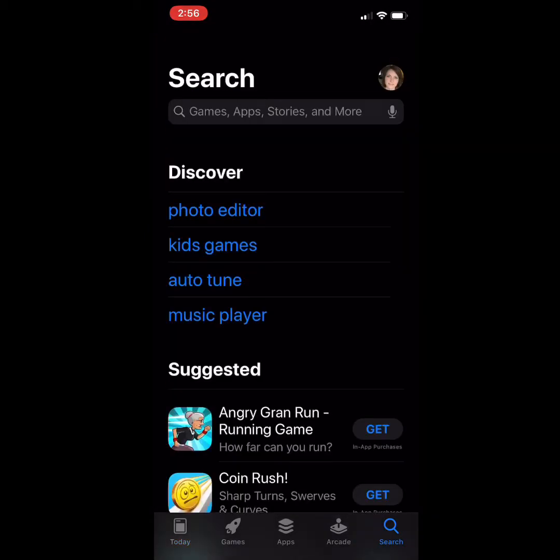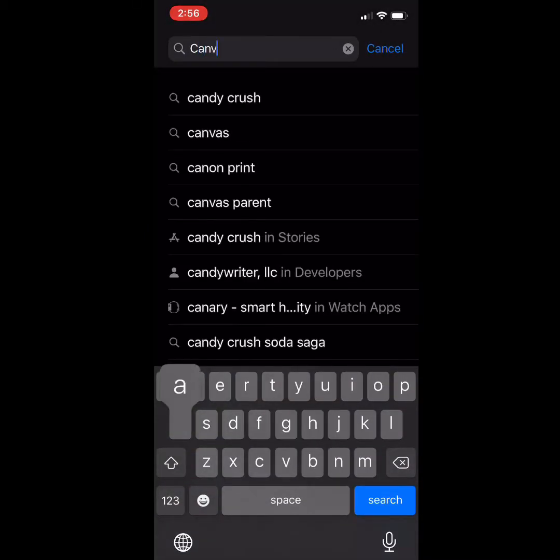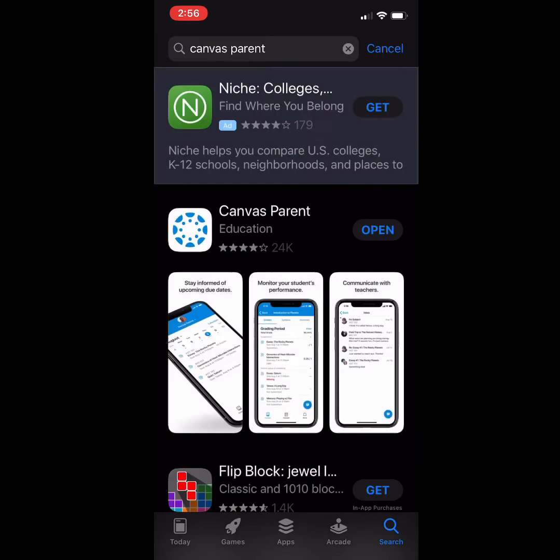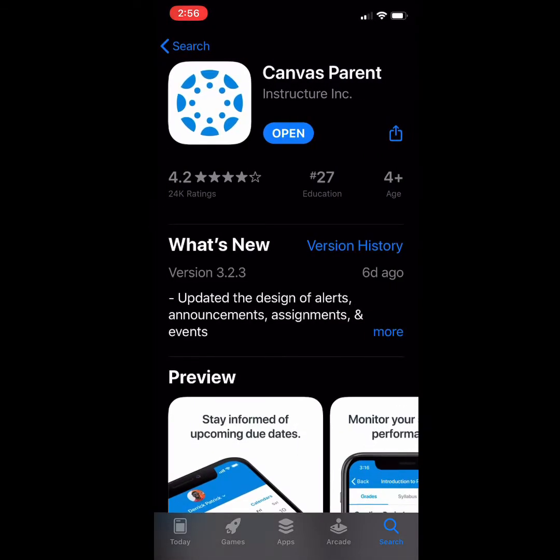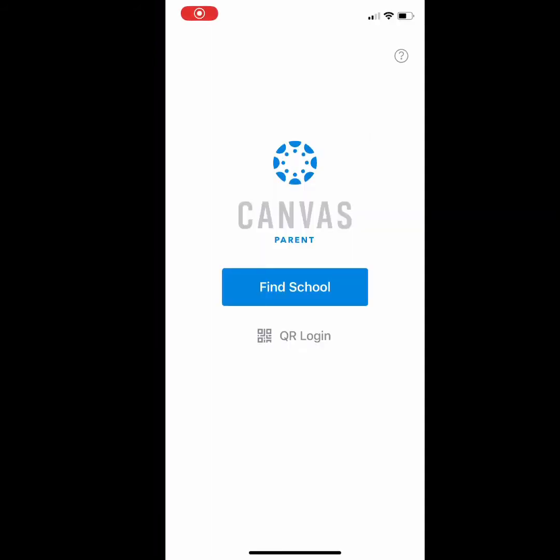Go to the App Store on your phone and search for the Canvas Parent app. It will be the one with the blue circle. The Student app is the one with the red circle. Install that app. When you open the Canvas Parent app, the first thing you're going to need to do is